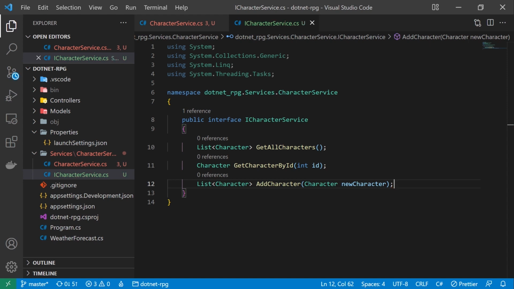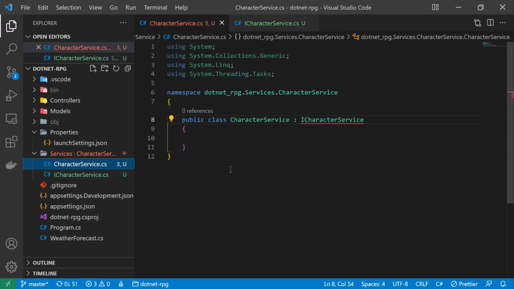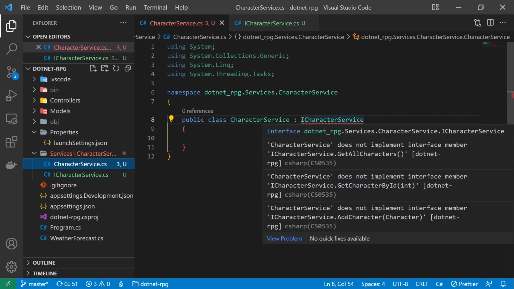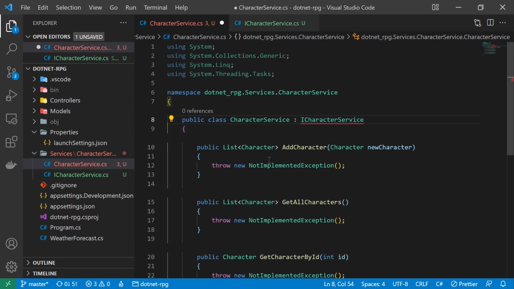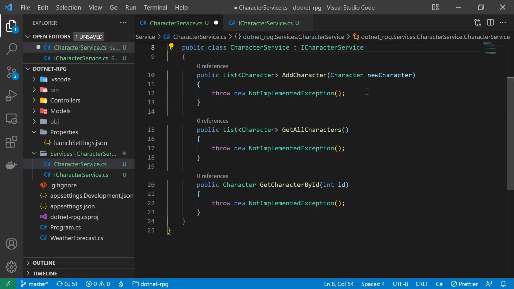All right. Okay, now back to the character service. You can already see there are implementations missing. Now with Control period or the quick fix menu here, we can implement the interface automatically. The error is gone. And now we can actually jump between the character controller and the character service and copy